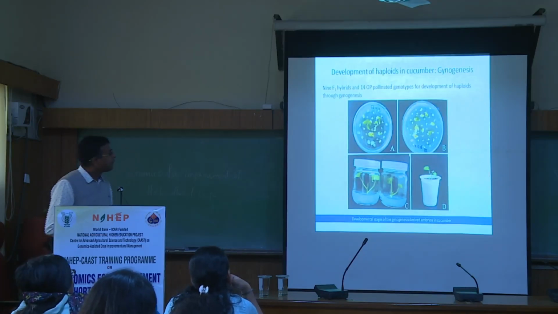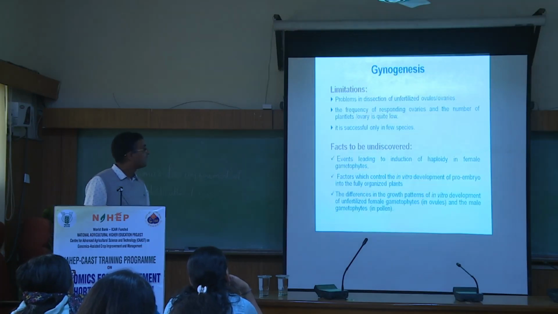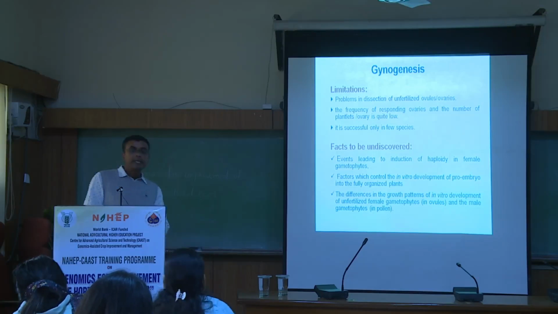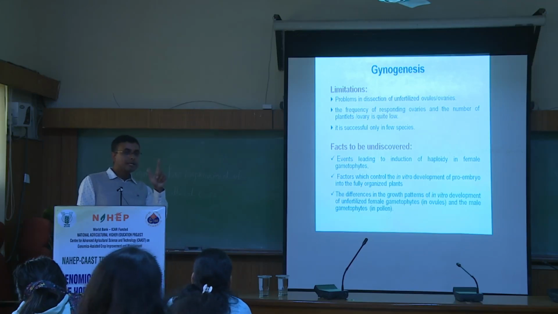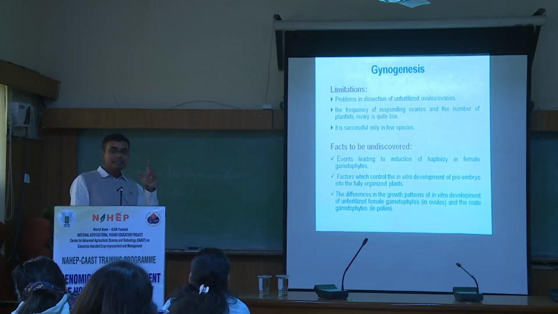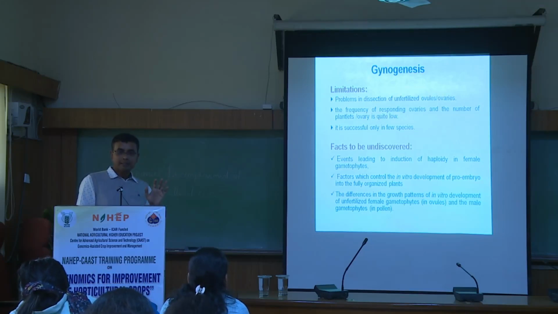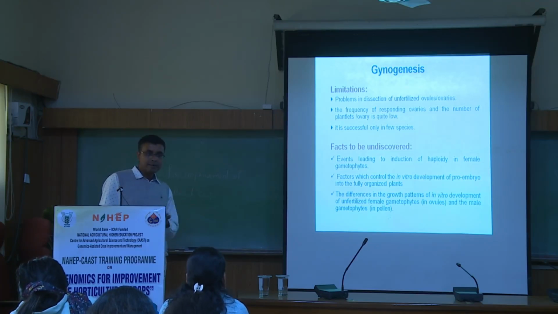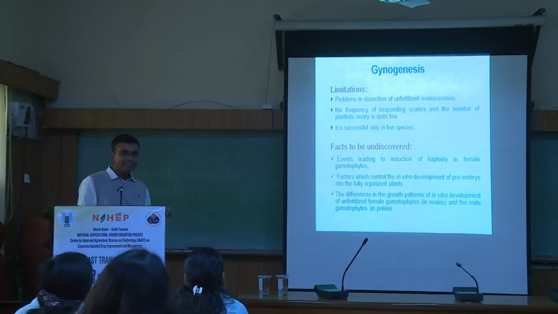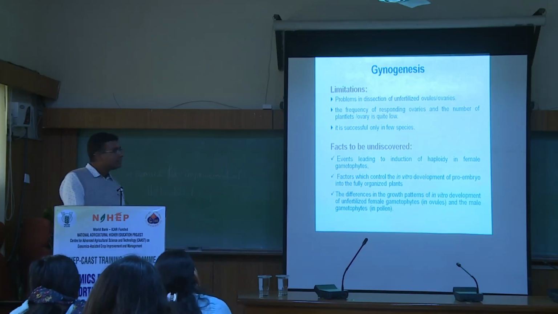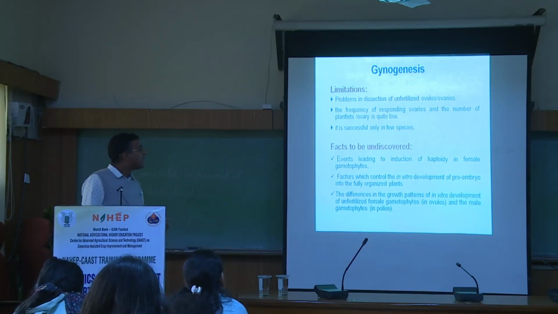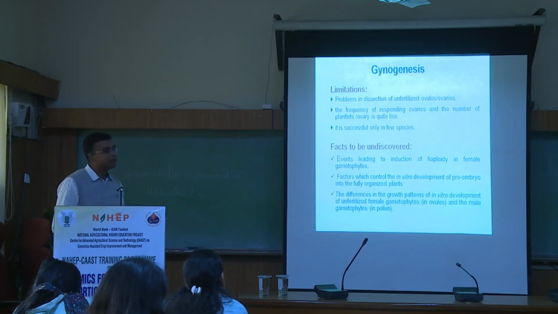And this is the development of the haploid through gynogenesis, and several plants have been developed in different laboratories. And this is the limitation of gynogenesis, because when you are going for gynogenesis, you are taking the unfertilized ovary. In certain cases, the number of ovules per ovary is very limited in many species. But in crops like cucumber, it is abundant. But it may not be abundant in cauliflower, it may not be abundant in carrot. So the number of ovaries and ovules is very low,